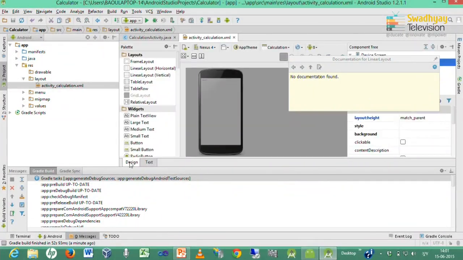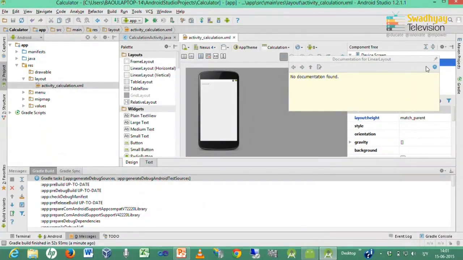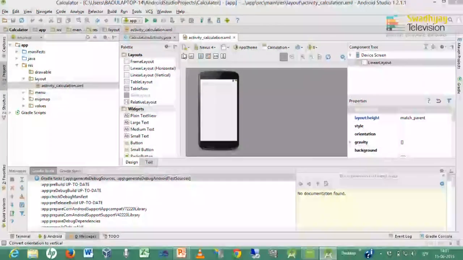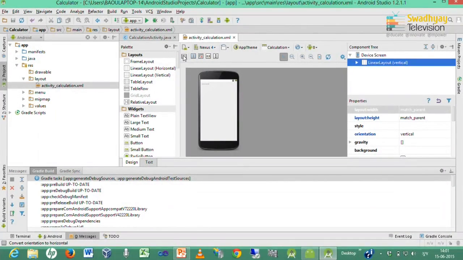Now again we go to design mode. Here you can see now it is changed to linear layout, but all components are arranged vertically. So we change that to horizontal or vertical from here.